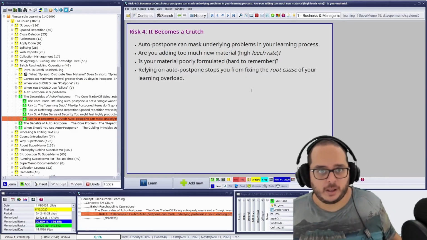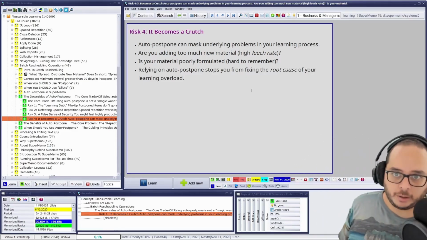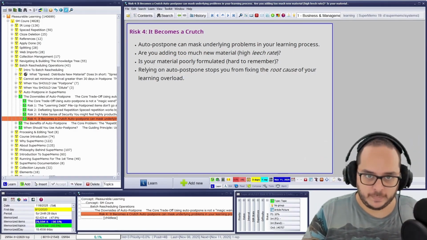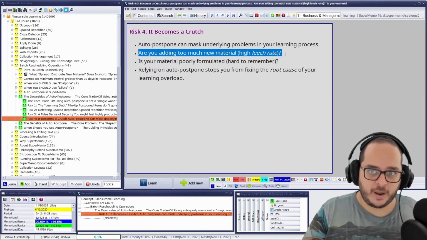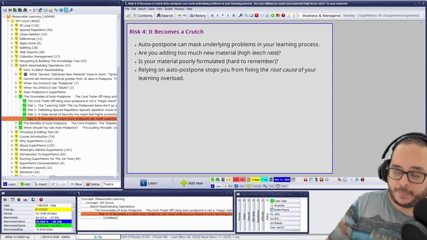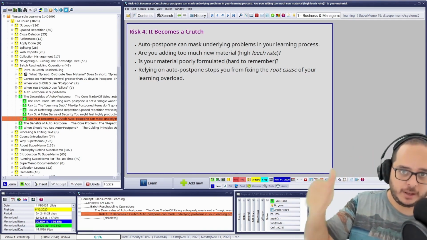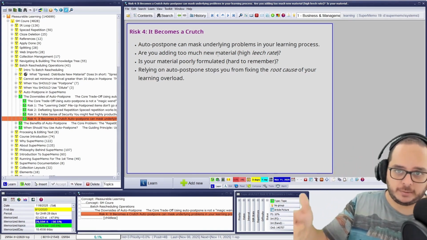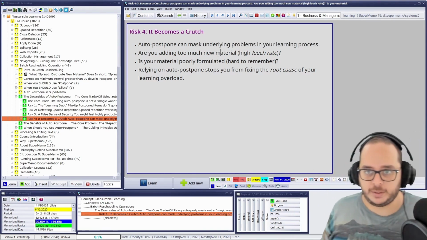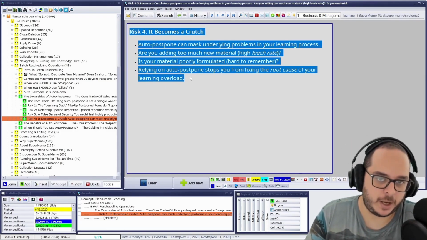That's why I suggest only turning Autopostpone on when you have mastered this. With this, you have mastered the formulation, and to match new material, it could also be prioritization. If you know how to prioritize well, and you apply the formulation skills of knowledge, this risk is almost impossible already.